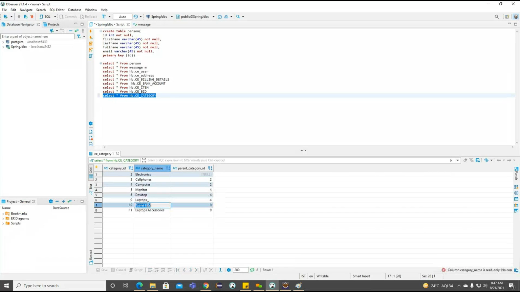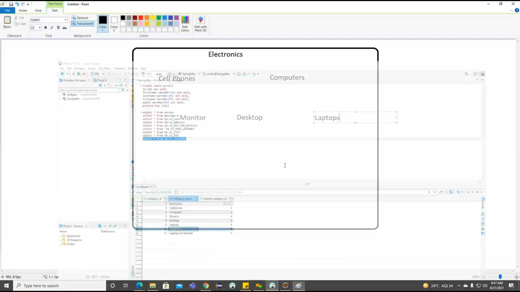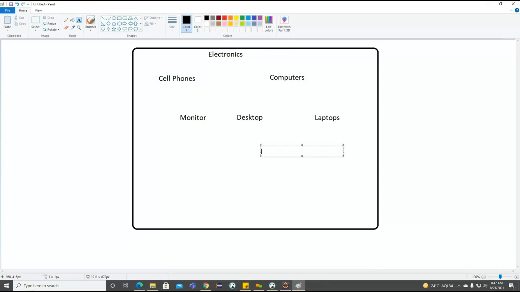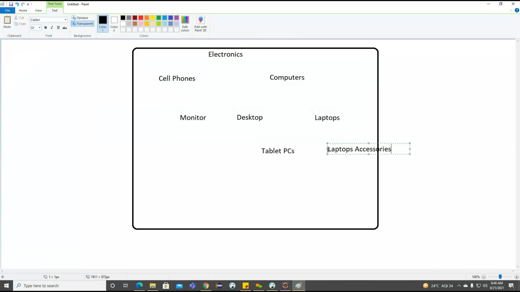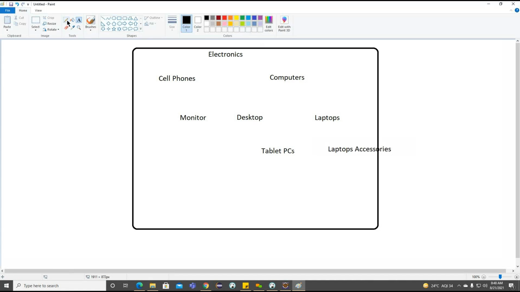And for this laptop, tablet and PC, and the final one. These are the records here.